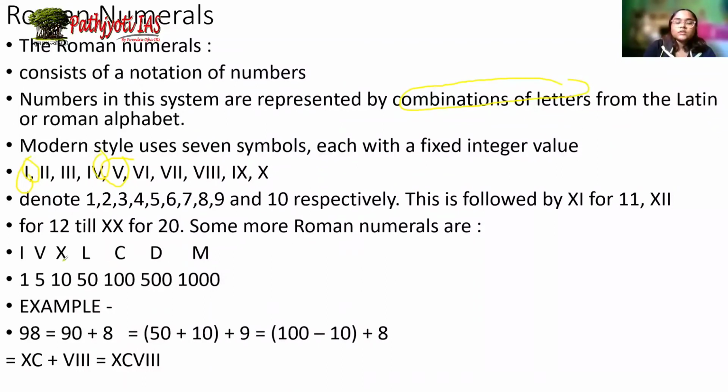सिमिलरली अगर हम लोग हायर वैल्यूएशन की तरफ जाएँ तो हम कितना ही आई लिखते रहेंगे या कितना ही वी लिखते रहेंगे, तो उसका रिप्रेजेंटेशन थोड़ा सा डिफरेंट हो जाता है। फॉर एग्जाम्पल 1 का तो आपका आई हो गया, 5 का आपका वी हो गया, तो 10 के लिए हम लोग क्रॉस या फिर एक्स बोल सकते हैं, 50 के लिए एल यूज करते हैं, 100 के लिए सी यूज करते हैं, एंड अगेन 500 के लिए डी, 1000 के लिए एम, एंड लाइक इट मूव्स ऐसे ही।